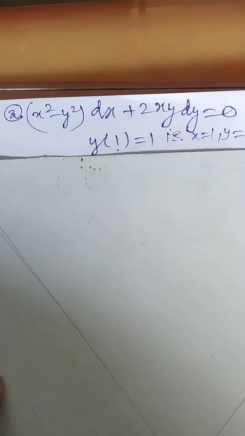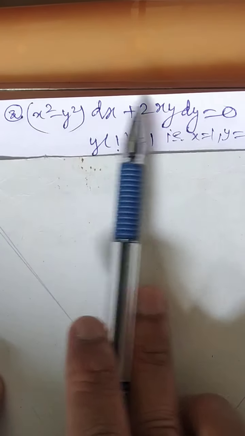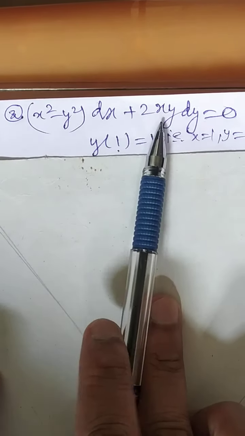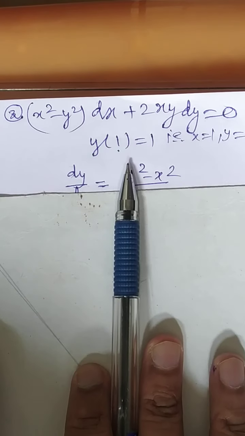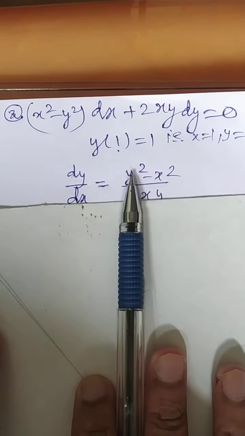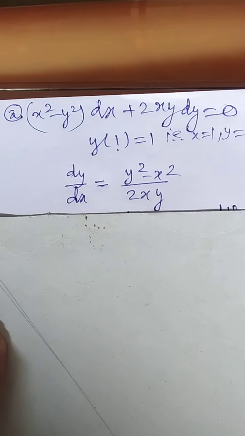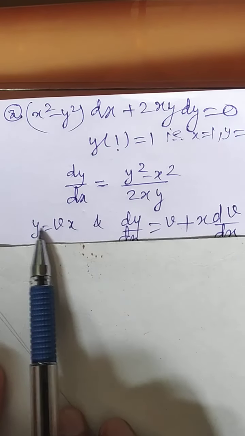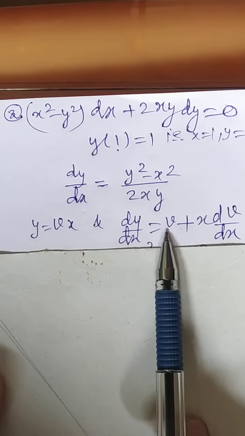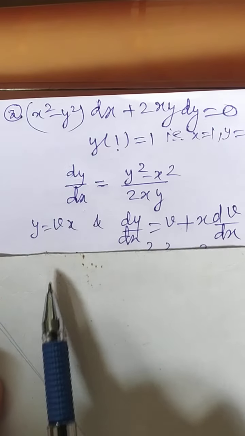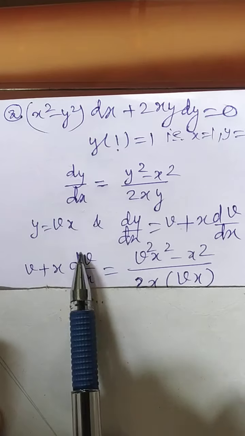If you have noticed that the degree of each term is the same, so it is homogeneous, the first step is writing the question in the form of dy by dx. Just write down the question; I am showing the arrangement. Are you getting it like this? dy by dx. Now the standard form: y will be equal to vx and dy by dx is equal to v plus x dv by dx. So on the left hand side I will be getting v plus x dv by dx.